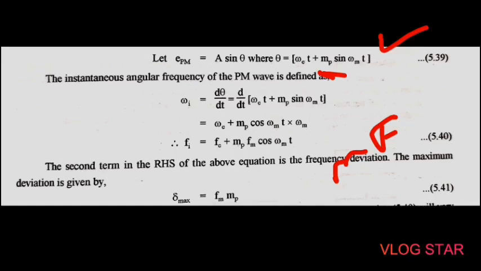Okay, so here MP is dependent only on the modulating voltage and not on the modulating frequency, and MF depends on the deviation and the modulating frequency. So therefore this MF increases at low modulating frequencies but MP remains constant. So in order to change MP in a similar way like MF, we must have a higher modulating voltage for the lower modulating frequencies and lower modulating voltages for the higher modulating frequencies. So the audio equalizer must be used for that.